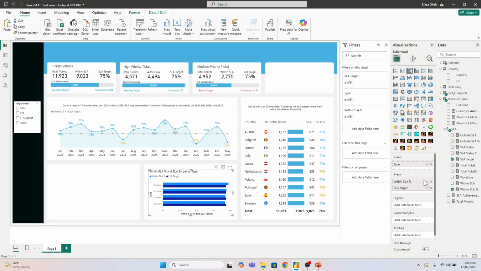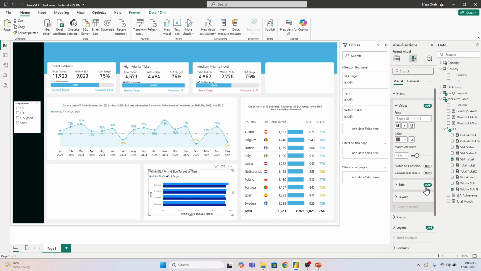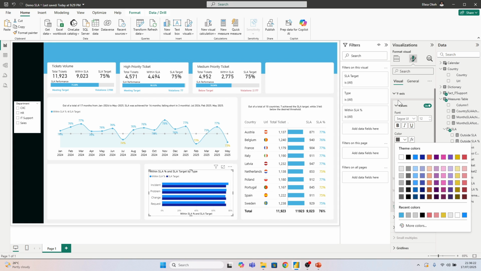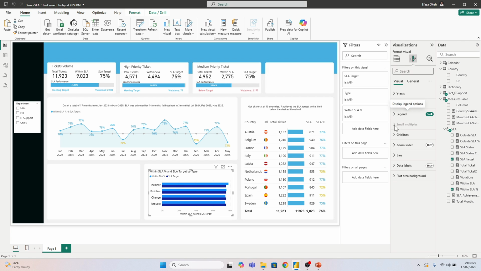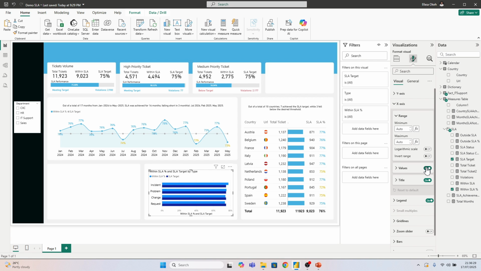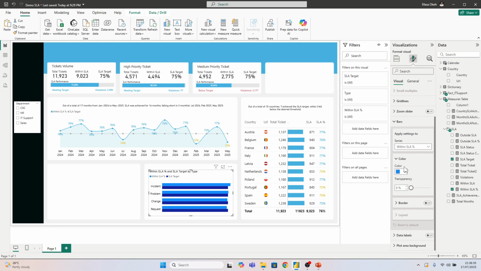So let's quickly clean this up now. To clean this up, first thing we need to do is come to the y-axis, put up the title, increase this to 12, right? Also make it black if possible. Next, we come to the x-axis. We put off the values, put off the title, right? Now, let's come to the bars, right? For the bars,